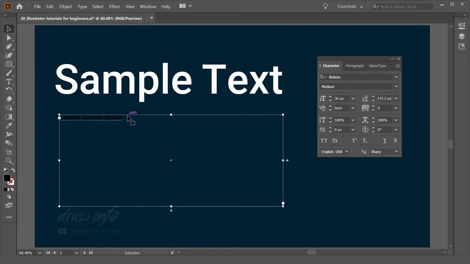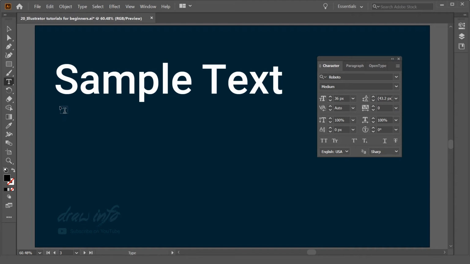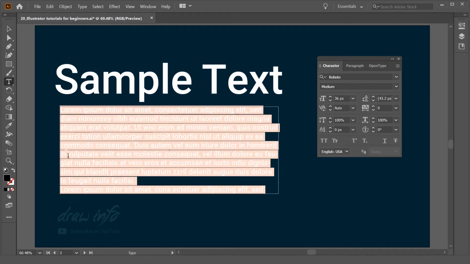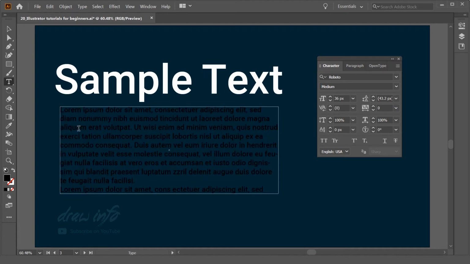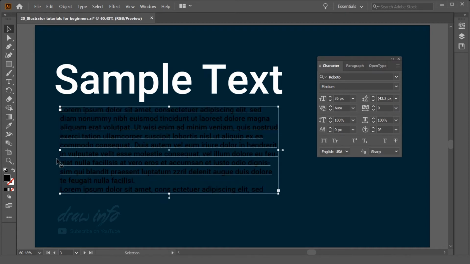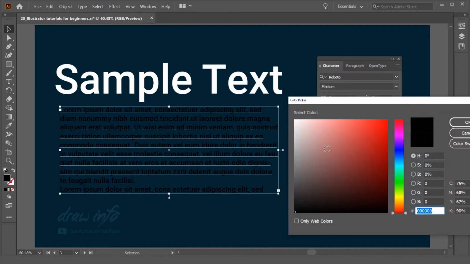I will show you one more time how it comes. I just click over here, and when I drag this rectangle to be bigger, you see the dummy text, Lorem Ipsum, is taken by default. You can replace this paragraph with the actual text in future.